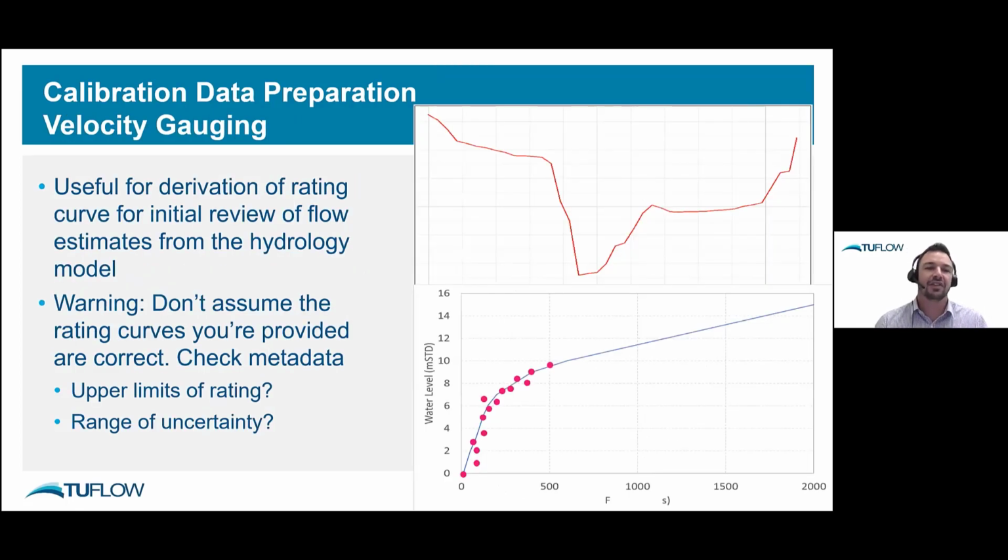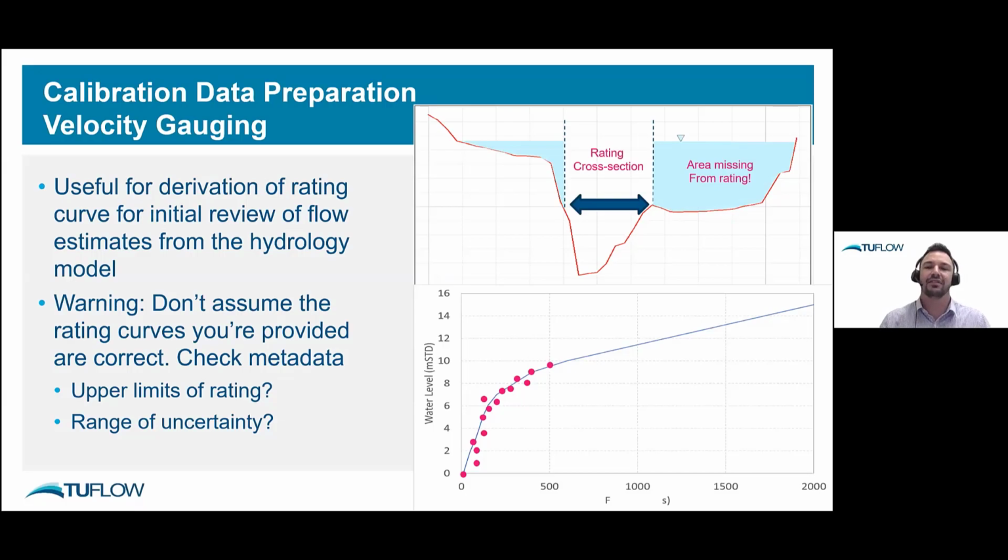Rating curves or velocity gauging. There was a webinar about this last week. I'll go into it ever so slightly from a flooding perspective. More often than not, you'll find that gaugings are done in non-flood conditions because it's a lot easier to get out in a boat and sample the data. What it means, though, is that in a lot of cases, the rating curve that is derived from velocity gaugings above those prior gaugings, up in the zone where we're interested in for flooding, is an extrapolation or a calculated value based on cross-section Manning's calculations.